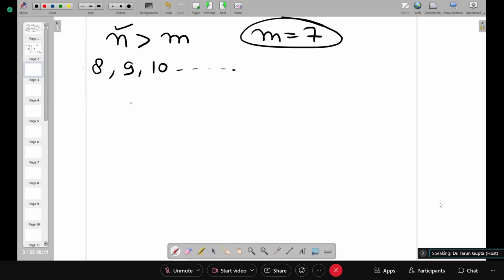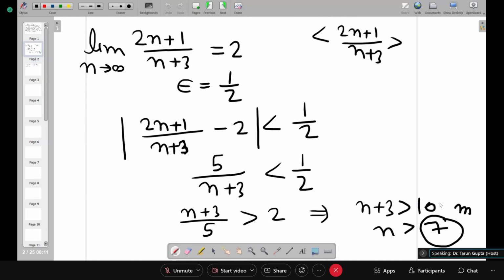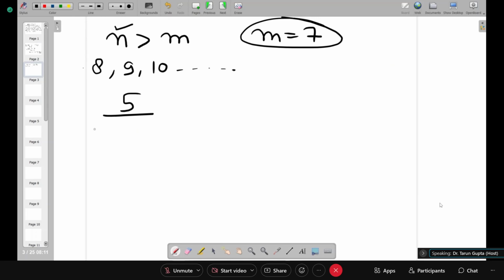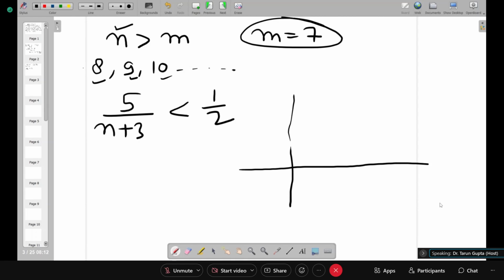If we take here, what we get? 5 upon n plus 3. This we get. Okay. So if n value is 8, 9 or 10 or more than this, then this quantity is always less than 1 by 2. Okay. So what is the meaning? Meaning is